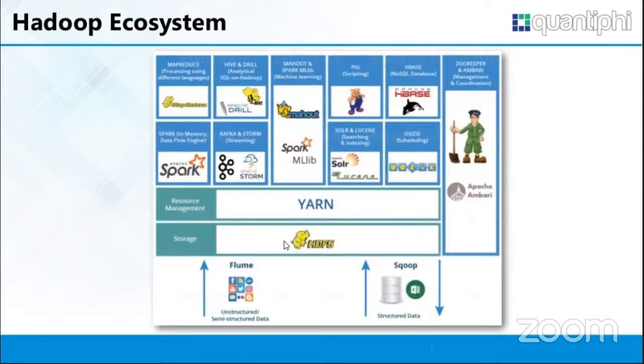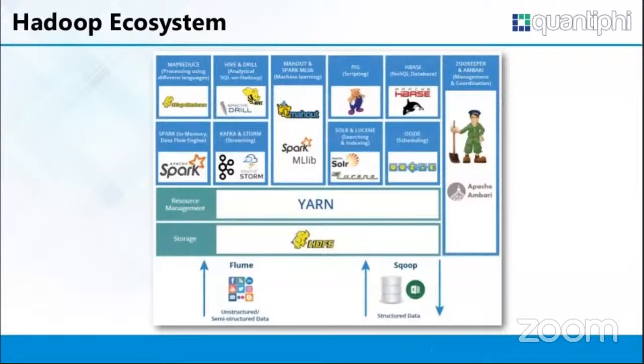That is where some of the big companies come up with different ecosystems. Why do we call these systems an ecosystem? Because they work along with something. If you keep them away from Hadoop and try to use them, they will not perform well, because Hadoop provides a very efficient way of storing, that is HDFS. And on top of that HDFS, you can use this ecosystem.